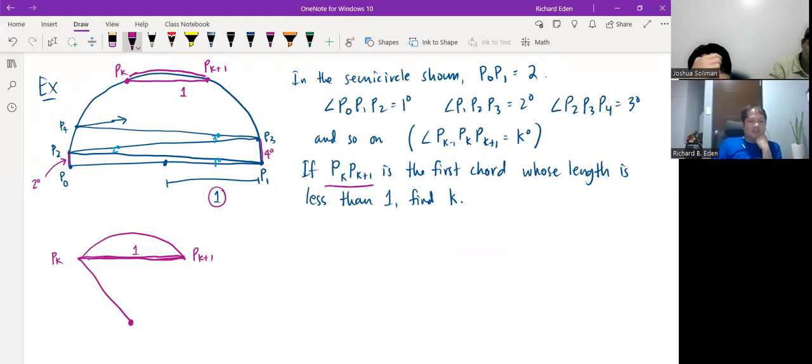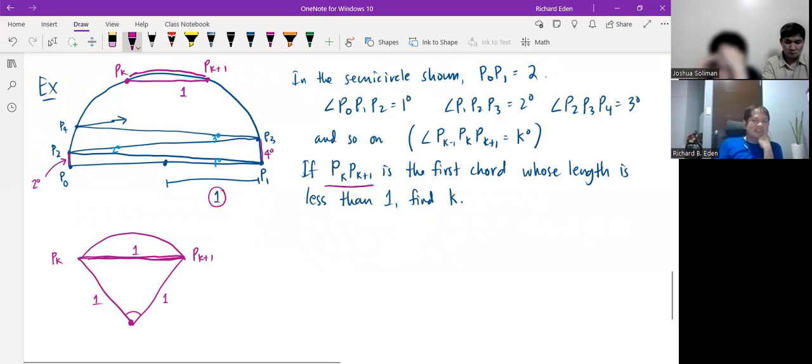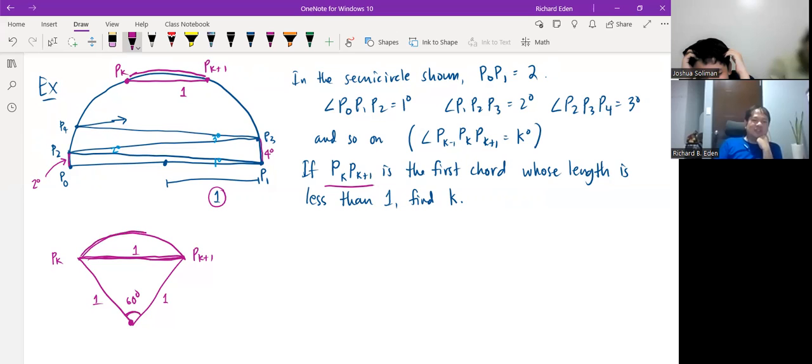What's the radius? And because it's an equilateral triangle, what's this angle here? 60 degrees. What's this angle here? 60 degrees. Which makes this arc, what's the measure of this arc? 60 degrees. If the chord P sub k plus 1 has length 1,